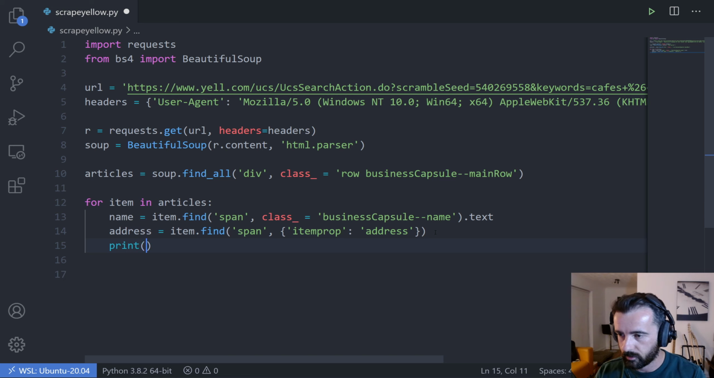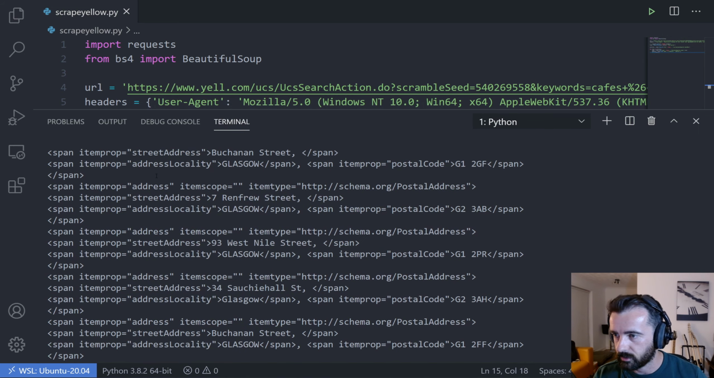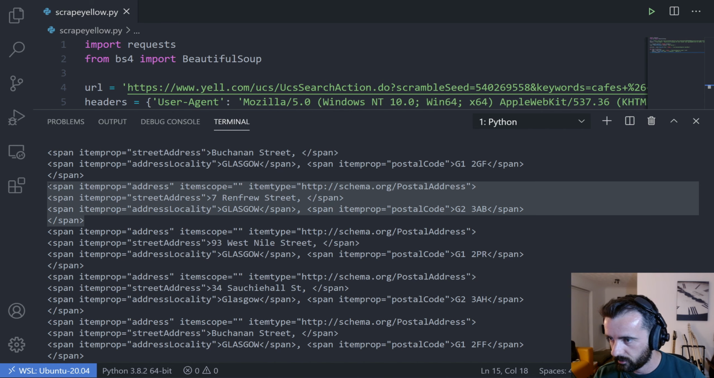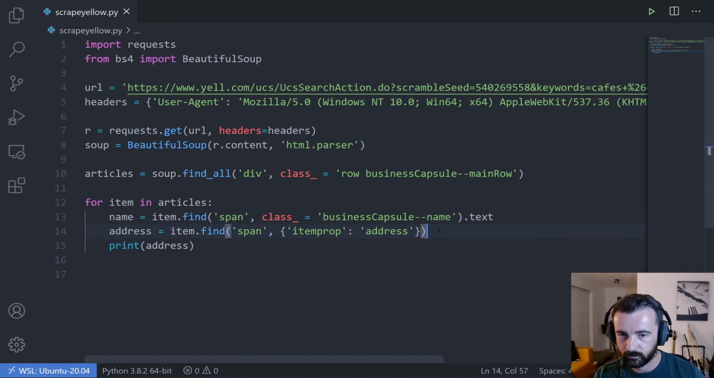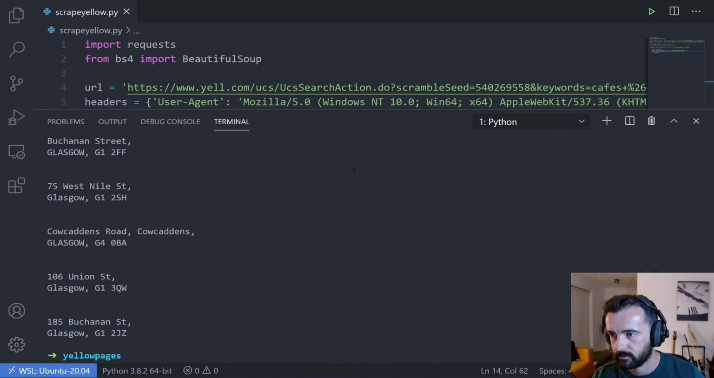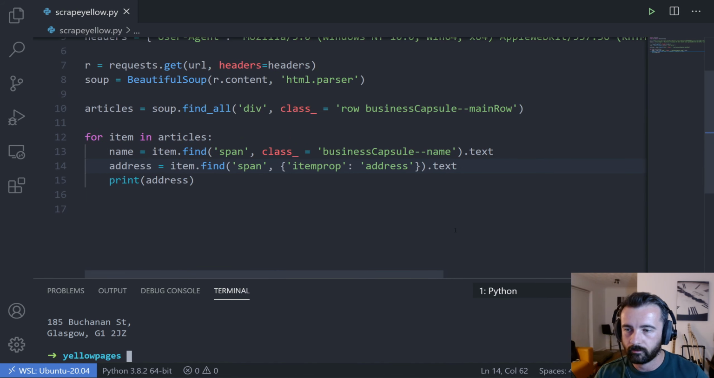So if I go ahead and print address just like that, we'll see that we actually get 1, 2, 3 bits of information back per span tag. Okay, so we can ask for the dot text of that, and that will take away the span tags. But you can see it's giving us a load of white space, and it's all on separate lines. So the way to get around that is to do dot strip to remove the white space,